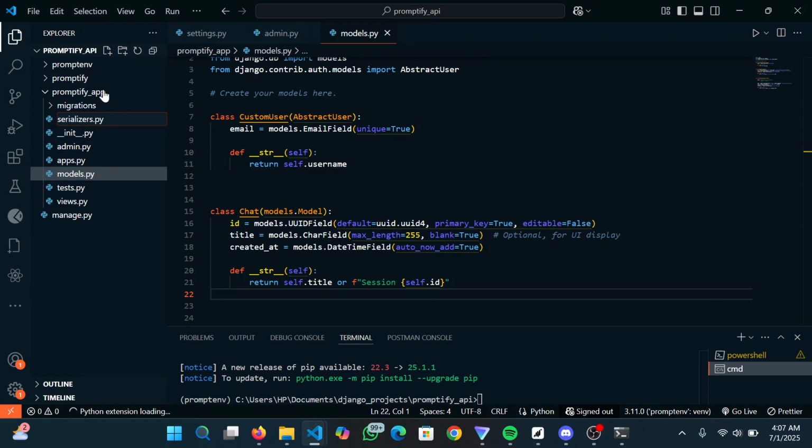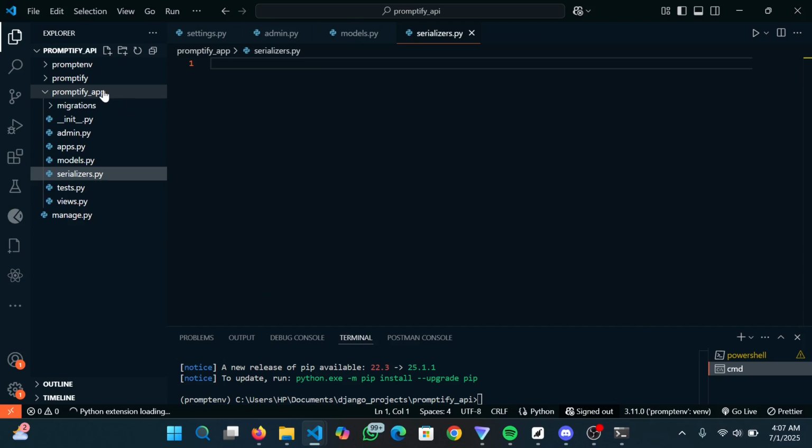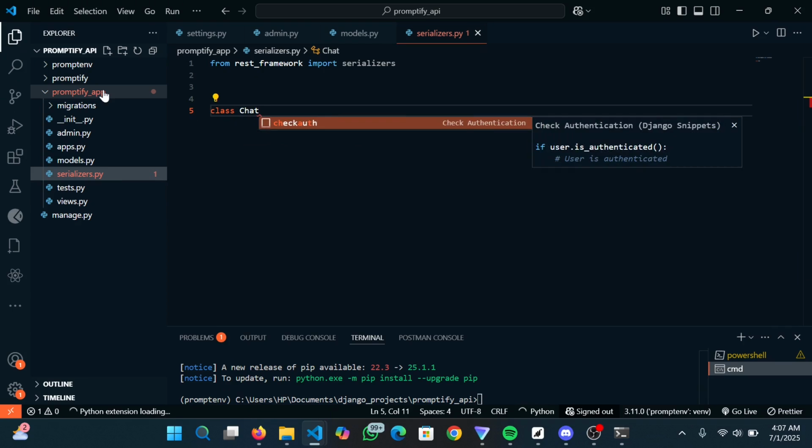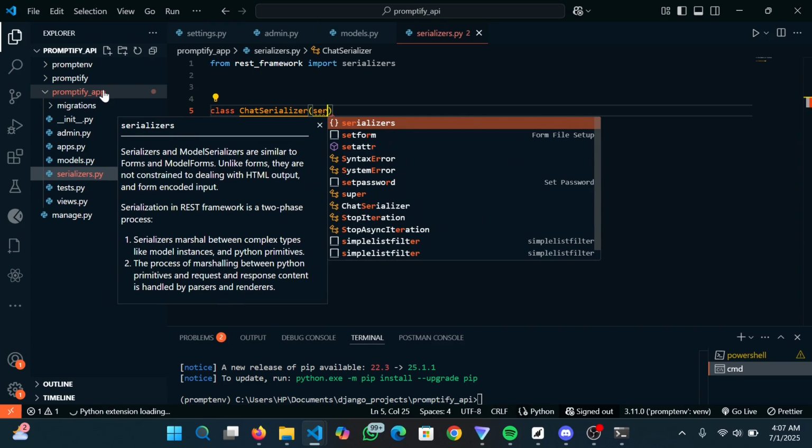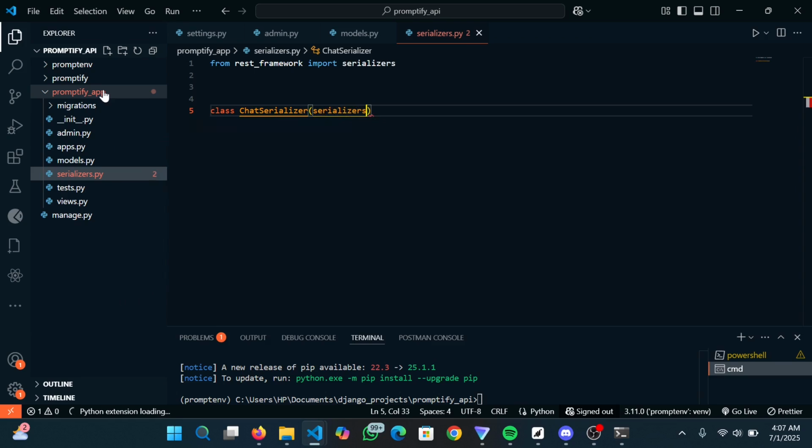Serializers.py. So right there, I'm going to say from rest_framework import serializers. Now let's say class ChatSerializer, which inherits from serializers.ModelSerializer,